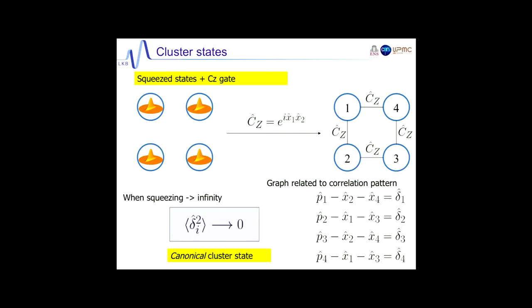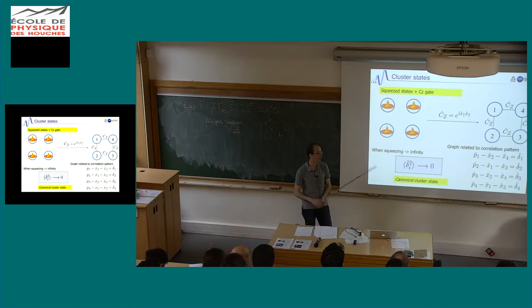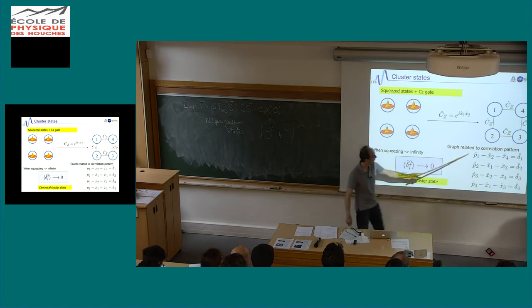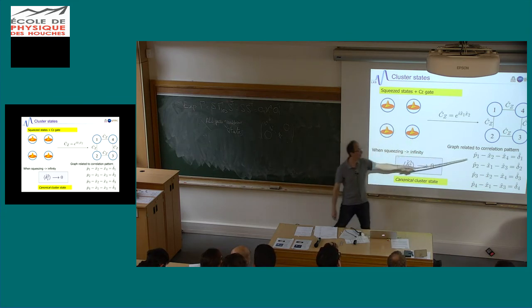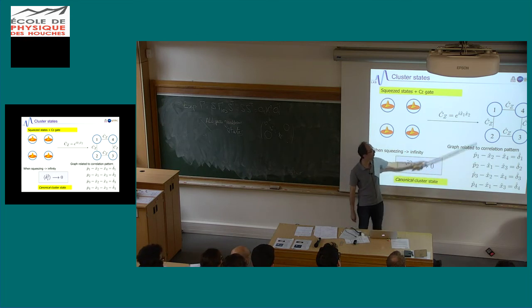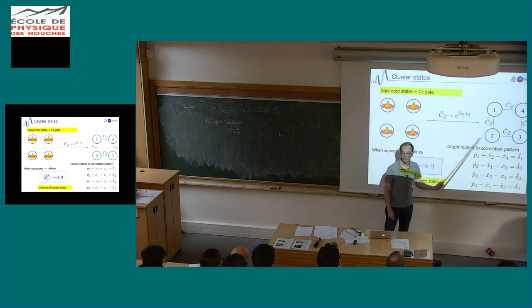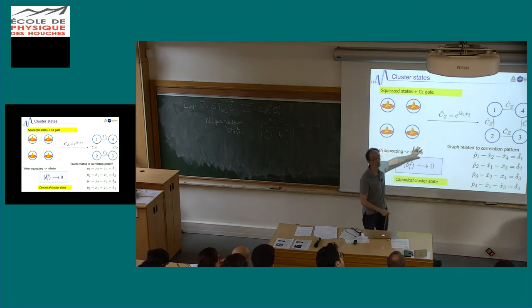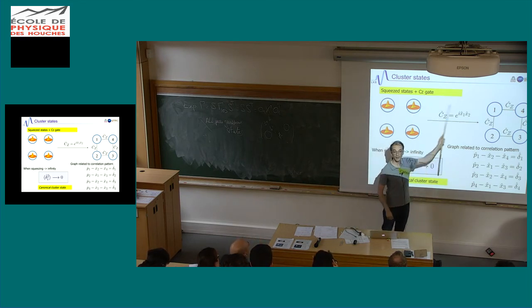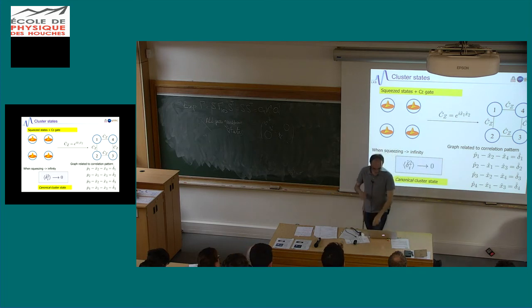And the criterion to have the entanglement you need to do measurement-based quantum computing is that the variance of this goes to 0 if you start from infinite squeezing. Okay? So it's really like an entanglement criterion. If you measure the variance of this minus this minus this, you have to check whether it goes to 0 when you increase the squeezing. So it sounds like a complicated thing to do because you have squeezing here and you have this weird gate in between to do that.